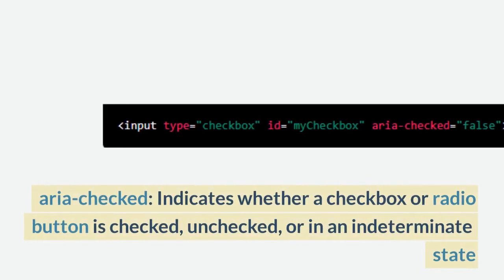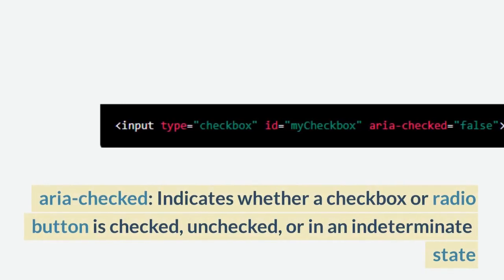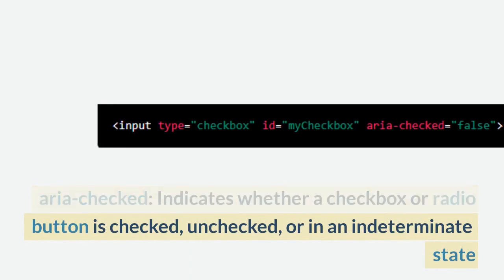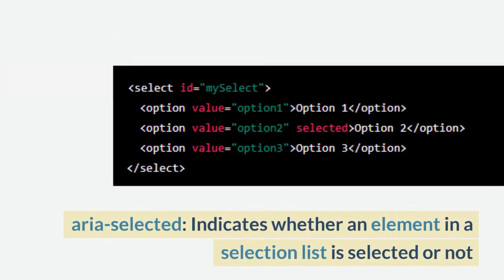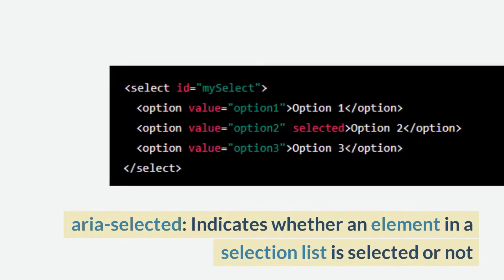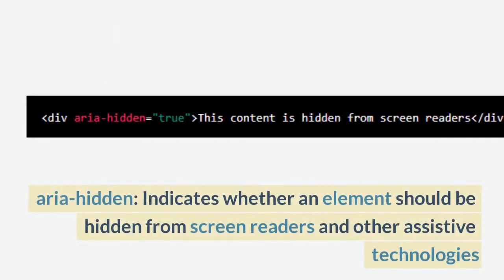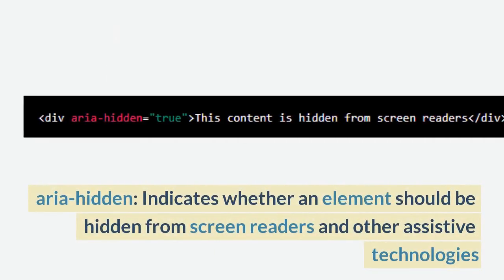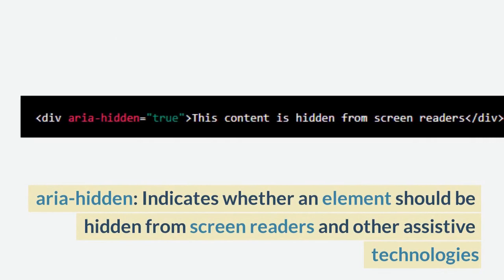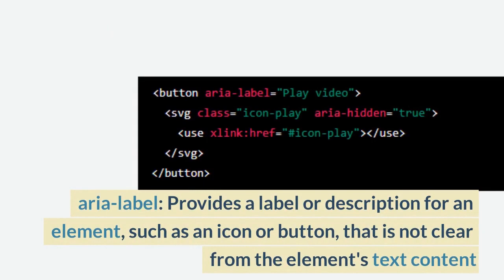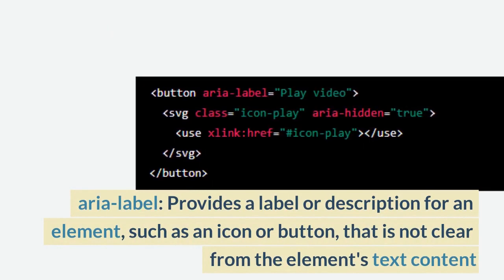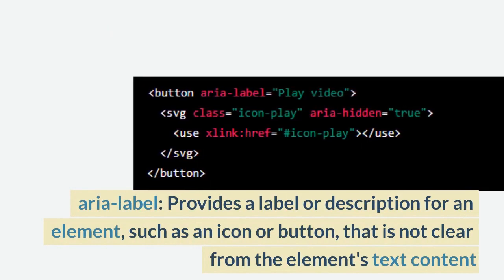Aria-checked indicates whether a checkbox or radio button is checked, unchecked, or in an indeterminate state. Aria-selected indicates whether an element in a selection list is selected or not. Aria-hidden indicates whether an element should be hidden from screen readers and other assistive technologies. Aria-label provides a label or description for an element, such as an icon or button, that is not clear from